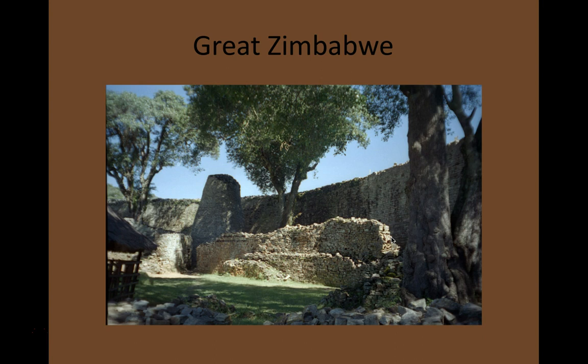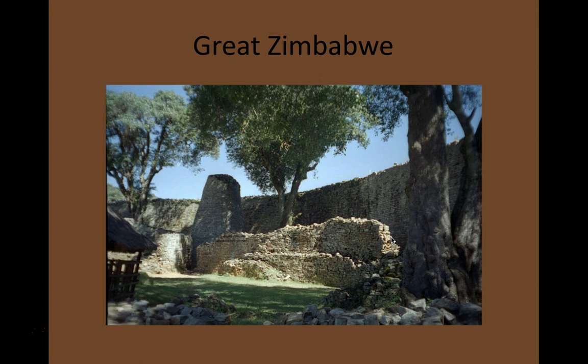But the whole thing is covered with these walled compounds. Three of these compounds: one on a hill called the Hill Complex, this one actually called the Great Enclosure, and then one that's in a valley, which is called the Valley Complex. These were larger and more important than others, and thought to be closely associated with the ruler of Great Zimbabwe, and possibly with the religious leaders.